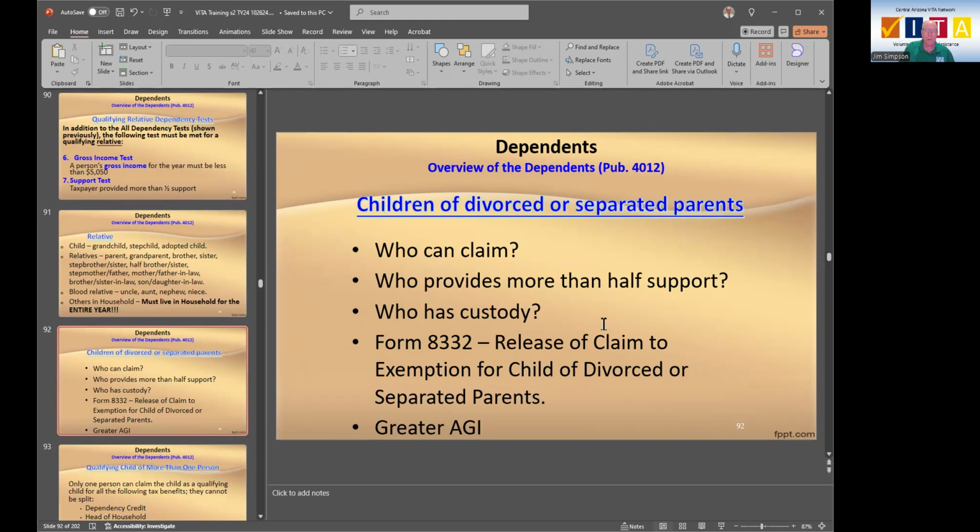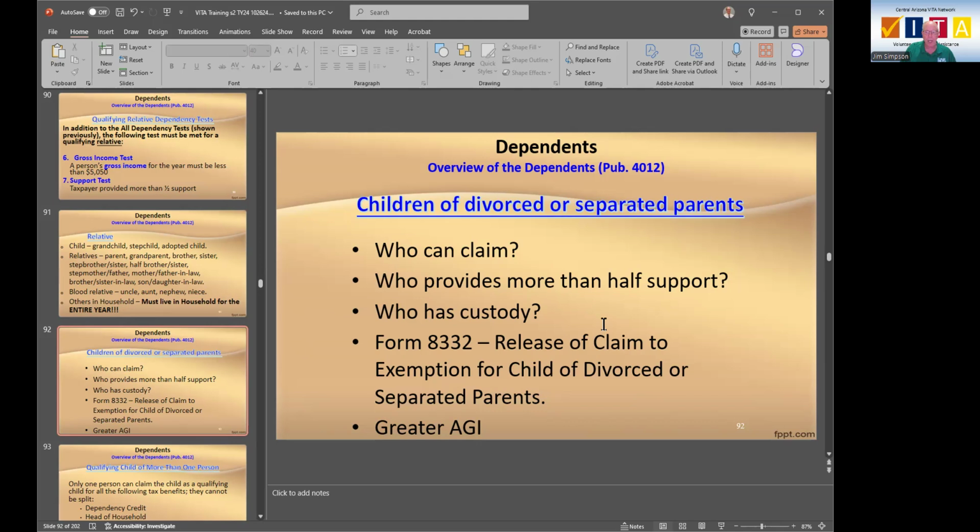Well, what happens with children of divorced or separated parents? Who gets to claim them? Well, you've got to determine who provided over half their support. That can be a little complicated sometimes. Here's a big one: who has custody? Meaning, when the courts granted the divorce, who did the courts give custody to? I'm going to stop right here, and I think I've got other slides that'll reinforce this point, but this is an important point. If the court awards custody to one parent,